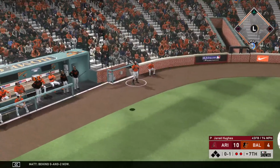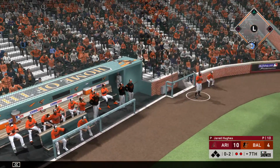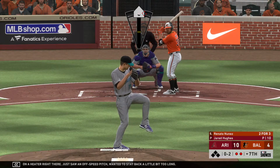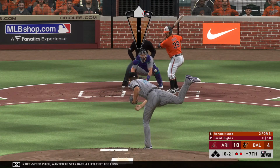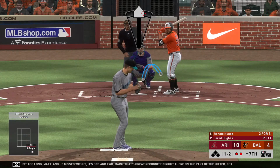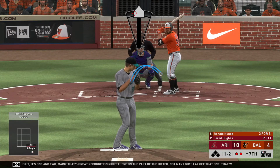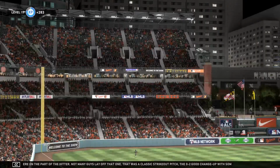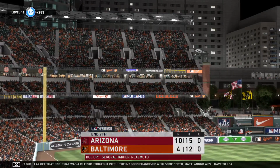Behind 0-2 now. Not surprised he's laid on a heater right there. Just saw an off-speed pitch. Wanted to stay back a little bit too long. And he missed with it. It's 1-2. That's great recognition right there on the part of the hitter. Not many guys lay off that one. That was a classic strikeout pick. And we'll have to leave it there as this is strike 3, and that will retire the...